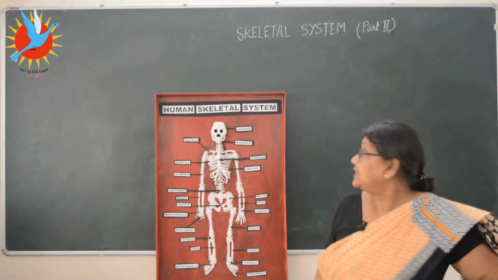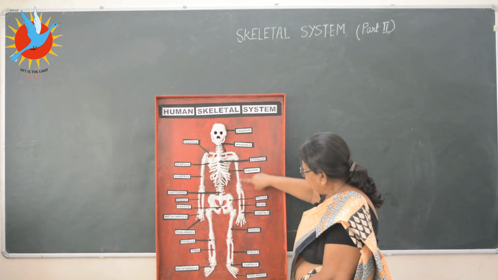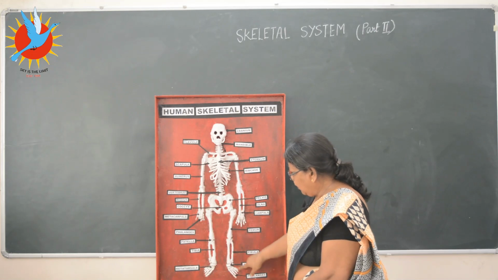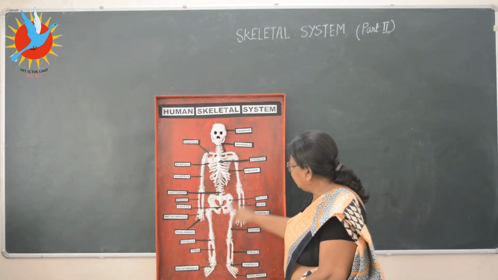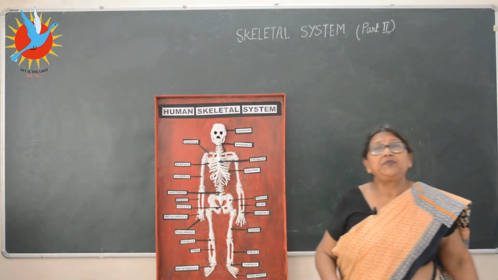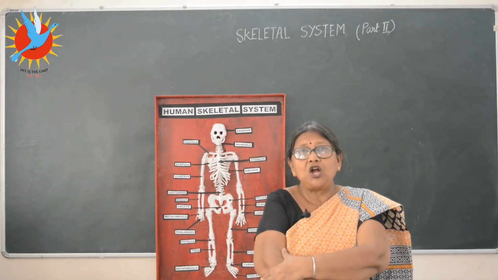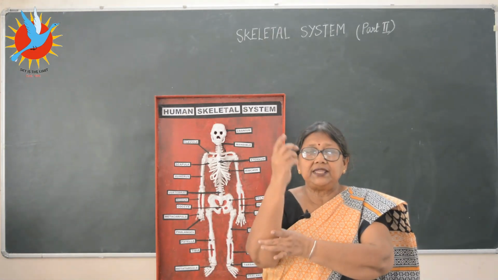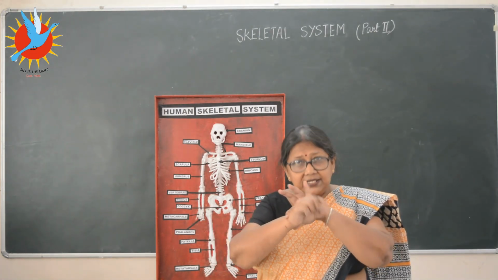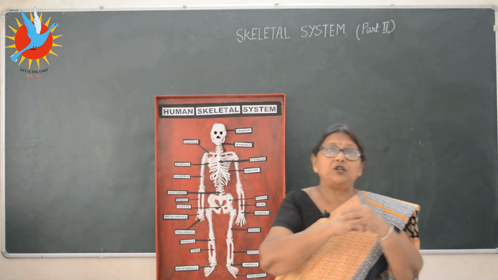Now in the limbs you can see, I hope you will be able to see it here. This is your one pair of the forelimbs and one pair of the hind limbs, the two legs and the two hands. Now, forelimbs, we have got one long bone here. Then in this lower part of the arm, we have got two bones here. And then we have got the wrist and this part of the hand. We have got 27 small bones there.